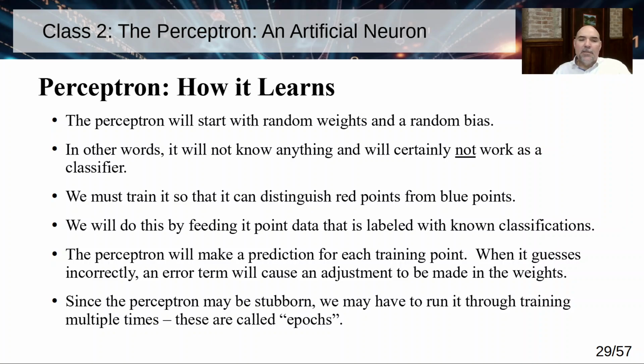And so what we want to do is feed it data points that are already labeled, that we know the answer to. Hey, these are red ones. These are blue. It's going to make a guess. When it guesses wrong, we're going to have an error term that we feed back in that says, that was wrong. Adjust your weights away from that. When it gets it right, we're going to say, good job, adjust your weights more toward that to do more of that. So in other words, over multiple training sessions and multiple data points,